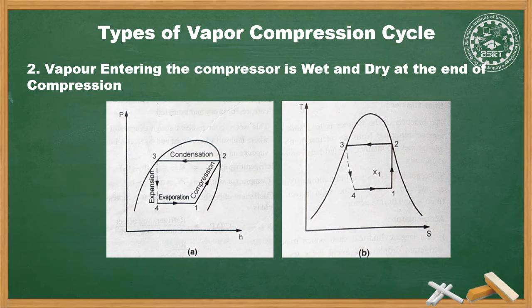Here, considering the dryness fraction, in wet compression the vapor contains some liquid particles of refrigerant. After compression, it becomes dry saturated. Wet compression is not desired because liquid droplets in the refrigerant entering the compressor may damage the compressor moving parts and valve. Also, the liquid droplets mixed with lubricating oil and passed to the condenser can decrease the heat transfer rate from refrigerant to cooling medium.